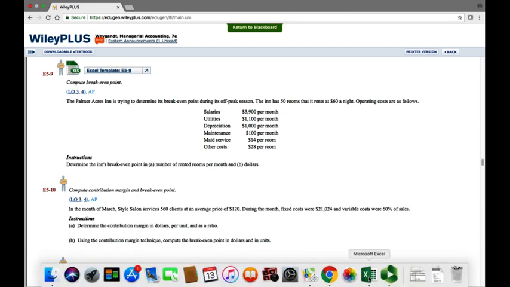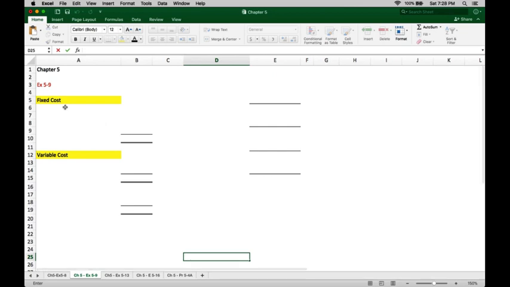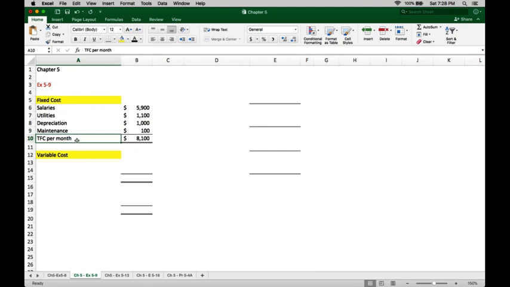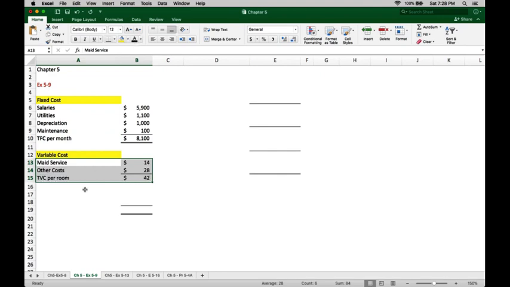Okay, so let's get to Excel and see how we'd set this up. Start out with our fixed cost and variable cost. The objective over here is to calculate the fixed cost. We have the four costs listed over here, with my total fixed cost per month being $8,100. I have two variable costs, with total variable costs being $42 per